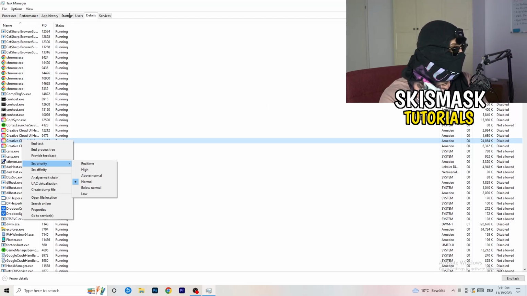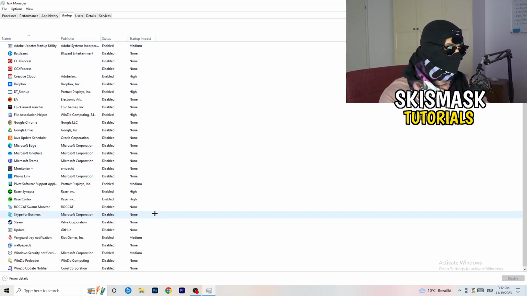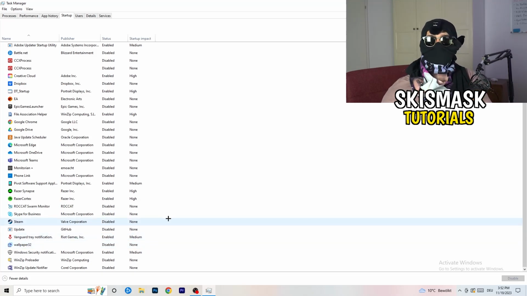Next thing you can do is going to be to click into startup. What I want you to do at startup is really simple. So again, top left corner, click into startup. As you can see, I have a lot of applications disabled just because my PC isn't the best. It's a low-end PC, so it's old. It tends to have low FPS, a lot of crashing, a lot of not launching, and you want to have